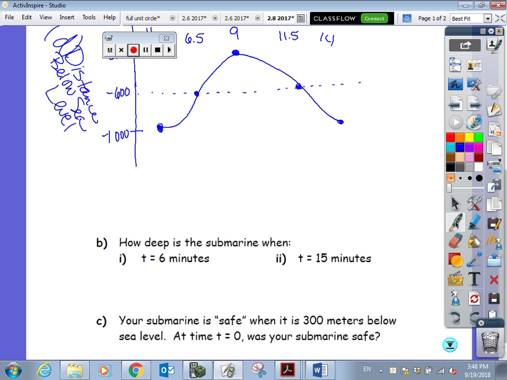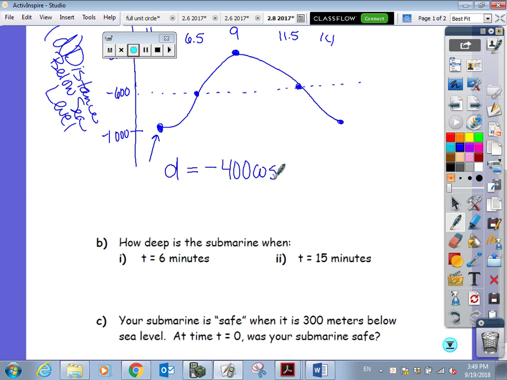All right. Sine, cosine doesn't matter. Since it looks like a negative cosine to me, that's what I'm going to write. And I chose the letter D because D wasn't given. You could choose whatever letter you want, but you do have to use the T because that's what's given. So D equals, I decided to write a negative cosine. I knew that because I'm going to start right there. So negative, then I write my amplitude, 600 to 1,000, or negative 600 to negative 200. So that's going to be negative 400